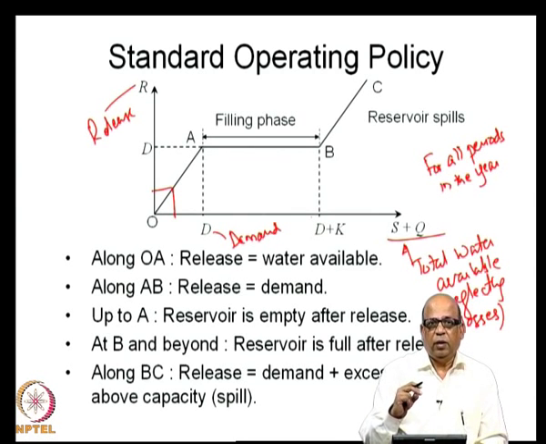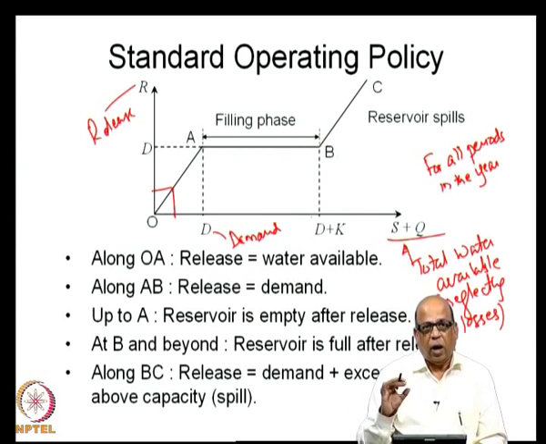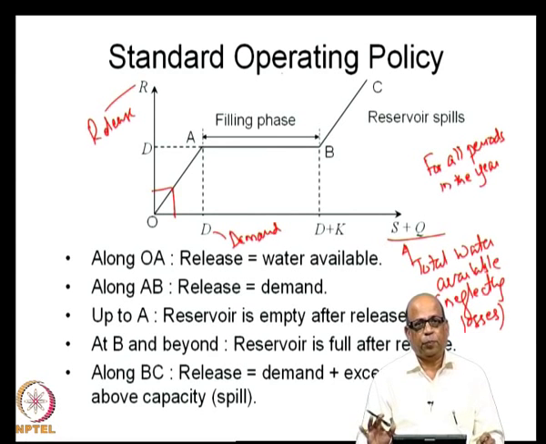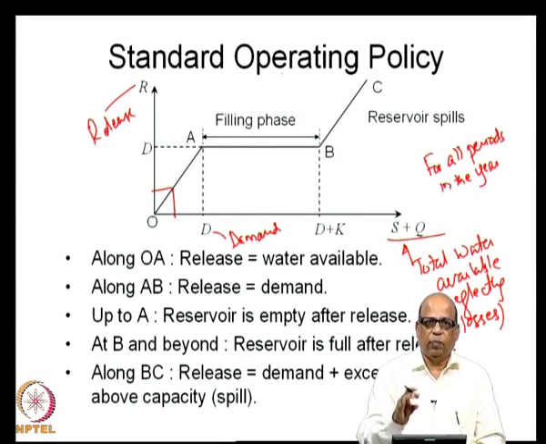So, you have filled the storage up to the capacity. Beyond the capacity, it will go as spill after meeting the demand. So, you meet the demand, but still there is an excess, and that excess goes as spill. So, this is the standard operating policy. Meet the demand to the best extent possible, fill the reservoir whenever there is excess water, and then spill over the reservoir whenever the reservoir is full, you have met the demand, and still there is excess water. That is all. You are not looking at what is likely to happen in the next time periods and so on. So, simply look at this present time period, look at the current state of the system in terms of S plus Q, which is the storage plus the inflow, look at the demand, and meet the demand to the best extent possible.